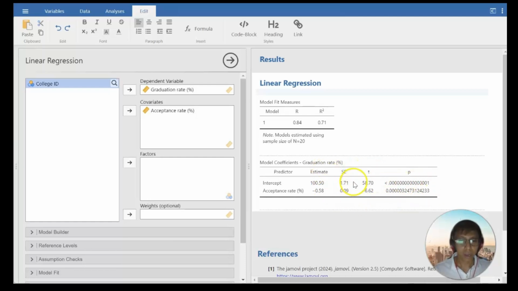So the intercept is the expected value of y when x equals 0. So the slope is the change in y for a 1 unit increase in x.